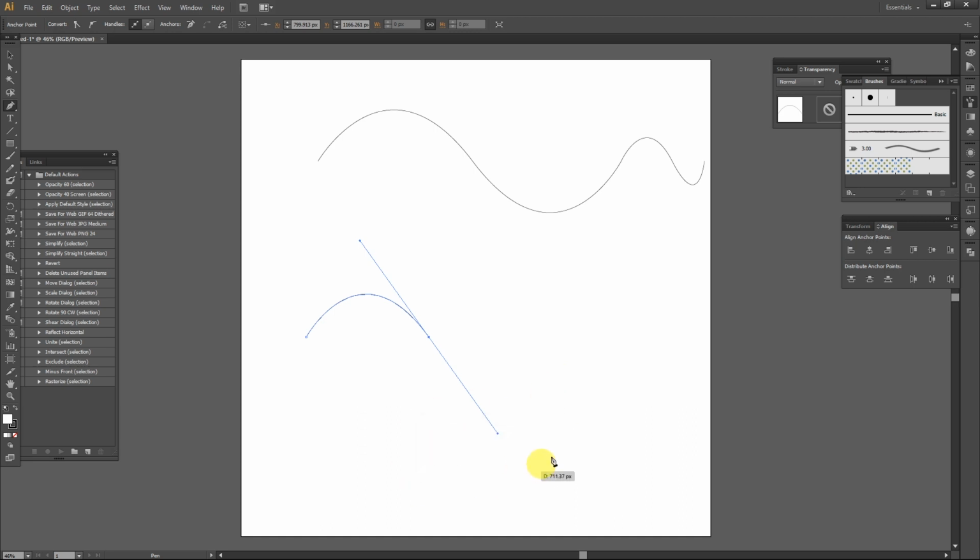So the solution to that is to move our mouse to this anchor point over here, and when we see the word anchor, we click on it, and as you can see, this handle was removed. That means this angle will not be here anymore. So now when I click over here and I drag it, I can draw a curve. So one more time, if I need to do that, I just move my mouse here to remove the handle, and then I can draw another curve. So try to do that, because that's very useful if you're using the pen tool for drawing in Adobe Illustrator or